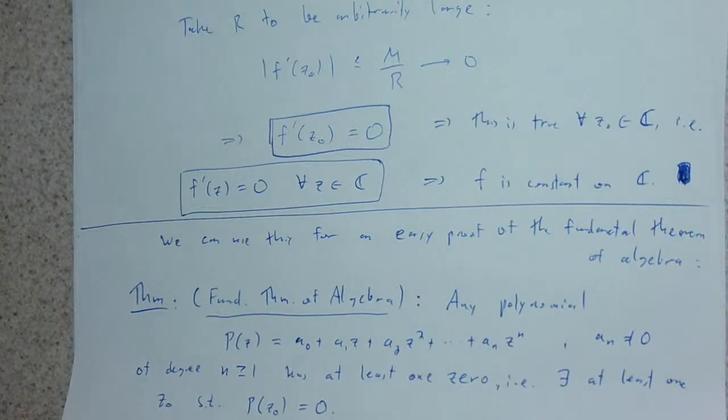So a polynomial of a complex variable fully factors into linear factors. Okay? So there is no such thing as, say, an irreducible polynomial in this sense. So if you think of an irreducible polynomial as being a polynomial that you can't factor,